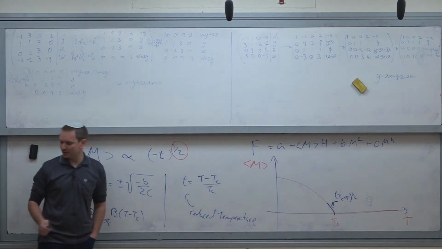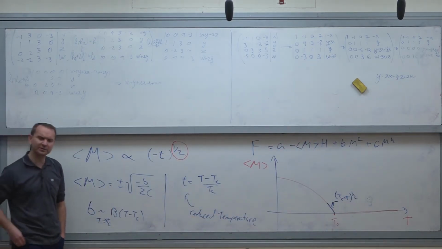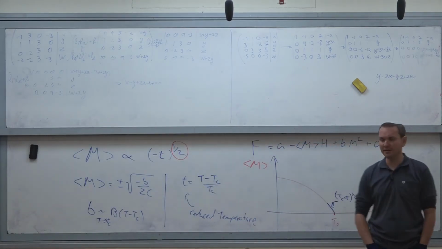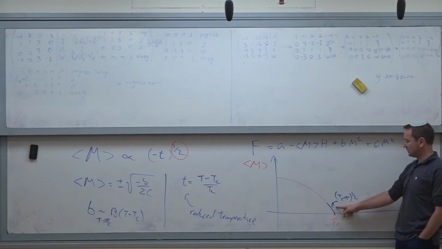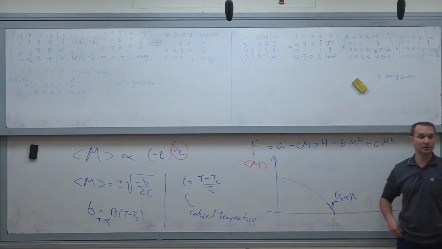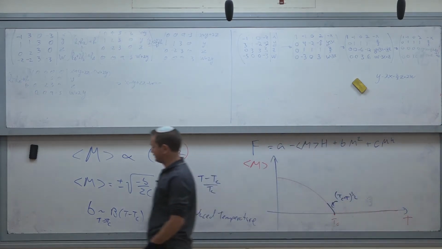Why is it interesting? Because in many very different systems, some of them magnetic, some of them absolutely non-magnetic, the behavior near the critical temperature was described by exactly the same power law. Moreover,